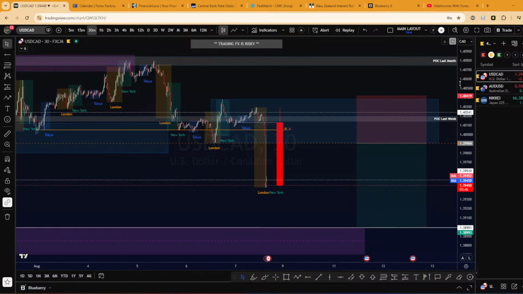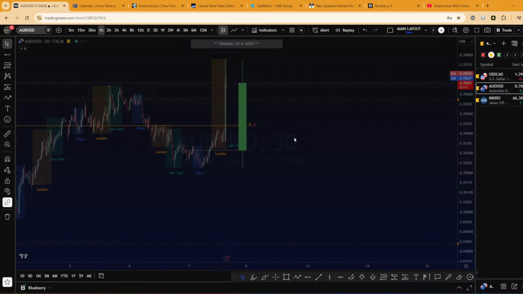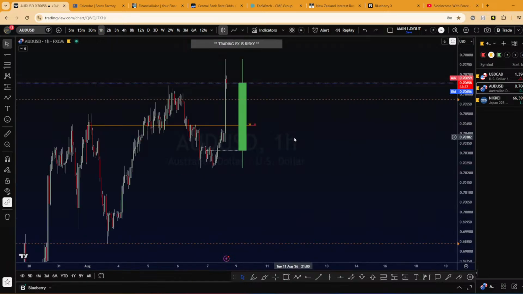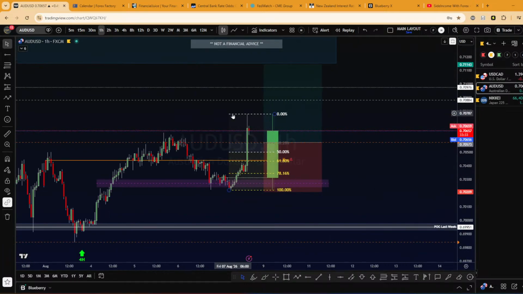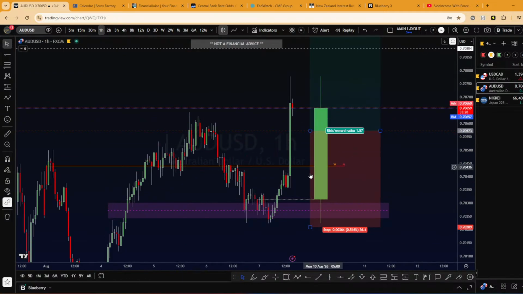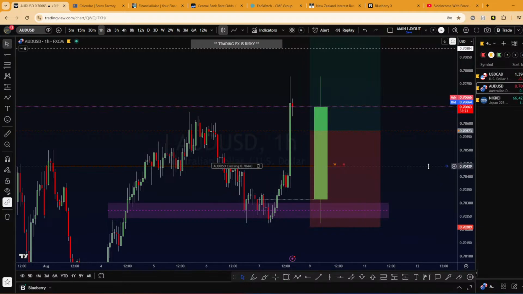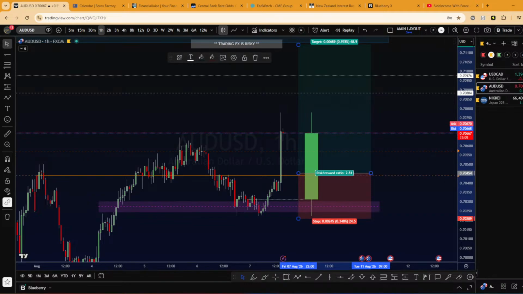So I will be focused on Aussie dollar, which is really pushing. So yeah, just want to see even here a retest around the weekly open or monthly open will be very interesting also. Somewhere here, I don't know if we are going to retrace here, but